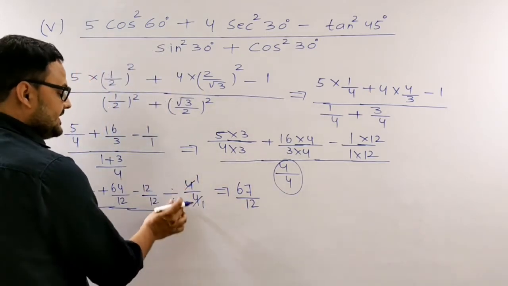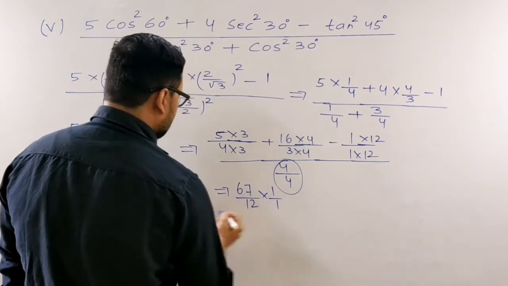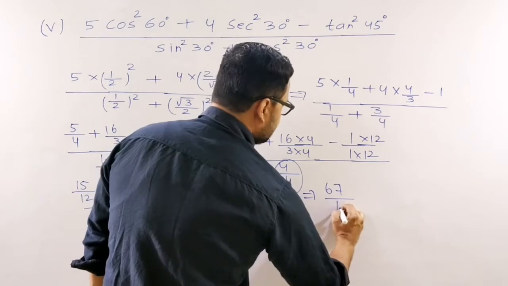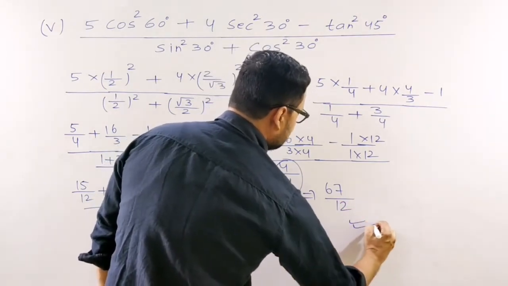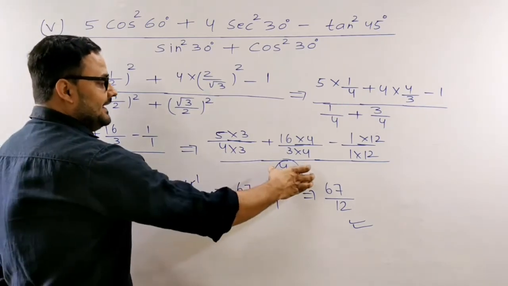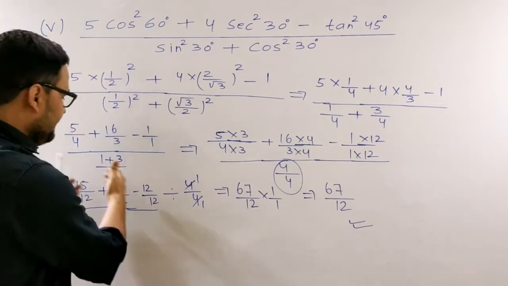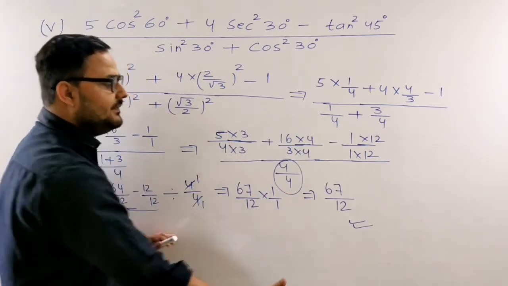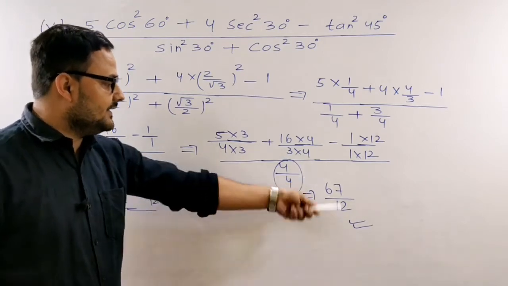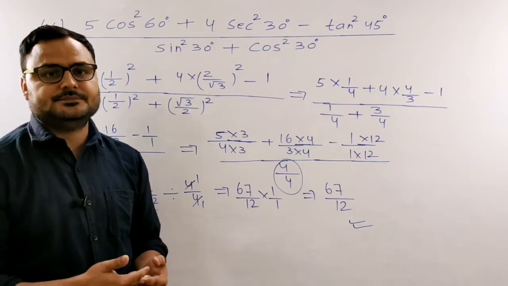But if anyone asks you, what about this one? So divide by 1 by 1, I can write it as into 1 by 1 reciprocal. So the answer is not going to change. 67 by 12 is the answer for the first main fifth one. So you can leave this 4 by 4 here. You can continue with only this one, and if you continue, the answer will remain the same. That is not going to have any impact on this answer. So the answer is 67 by 12.